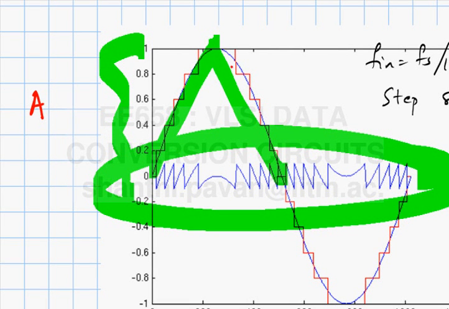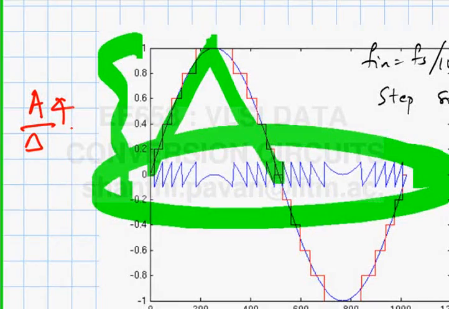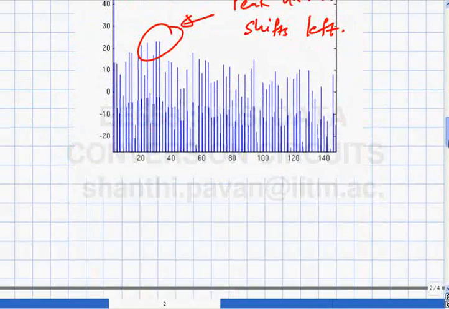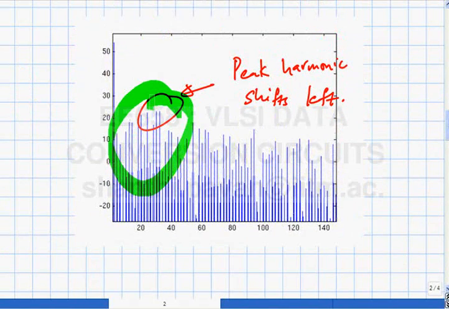If this is A and the LSB size is delta, the number of cycles in the sawtooth is A by delta, times 4 is the number of cycles in the entire sine wave. So this is 0.2. The amplitude of the sine wave is 1. 1 by 0.2 is 5. 5 times 4 is 20. And not surprisingly, okay. And of course, if you want to nitpick, you can see that it is somewhere between